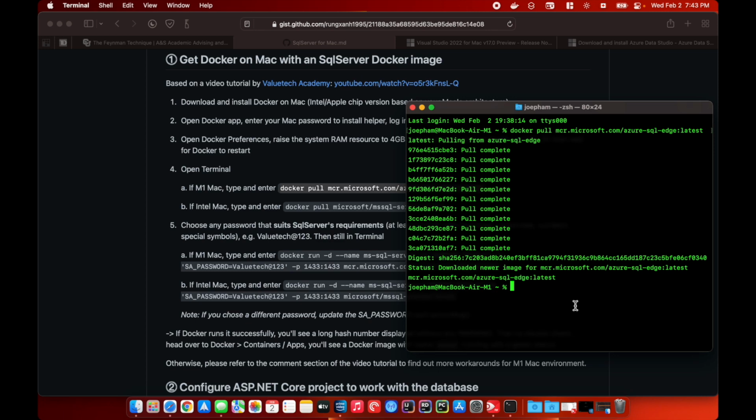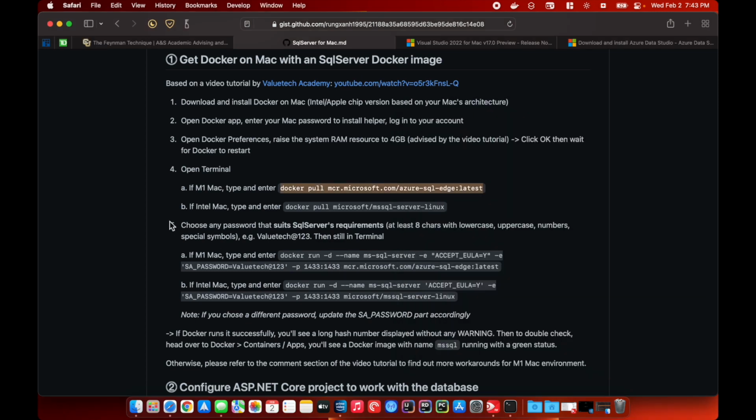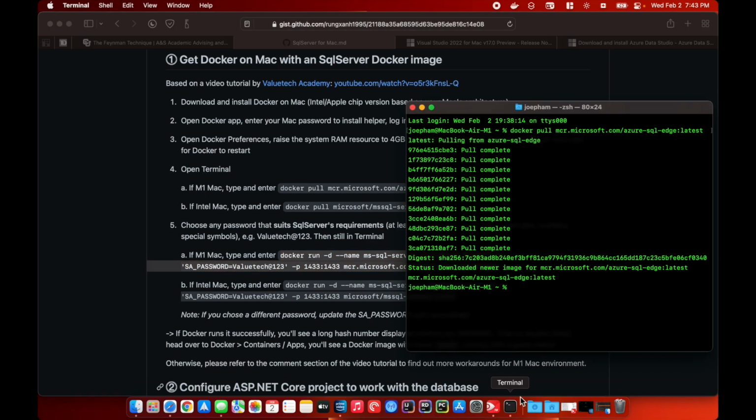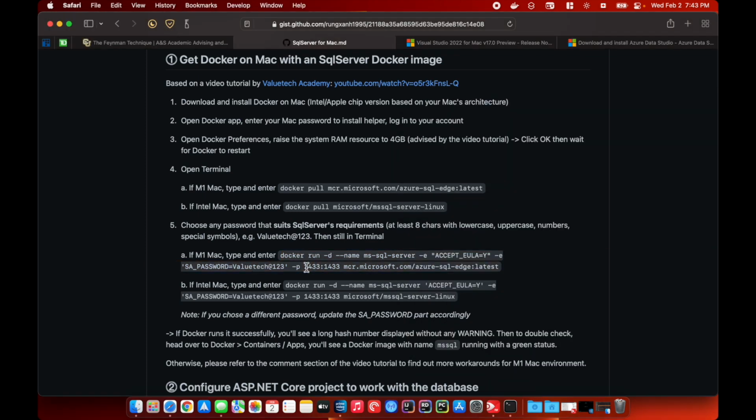Okay, so next step, we will head to number 5. And again, there's 2 separate commands for each architecture. So if yours is an M1, copy the first one, otherwise the second one. There's one thing I want to note once again, about the password part of the command. If you decided to go with your own password, please remember it should satisfy all of these conditions. Okay, so copy it and run it